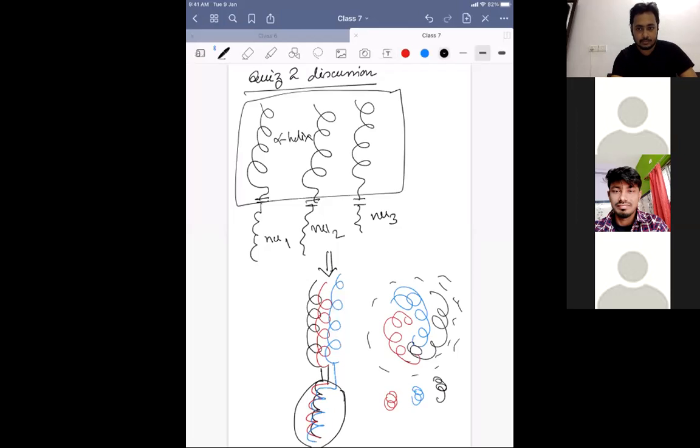So okay, we have taken the 3 oligonucleotides, right? So if we increase the number, then the alpha helicity will also increase? Yes, you can do that. But generally what happens is